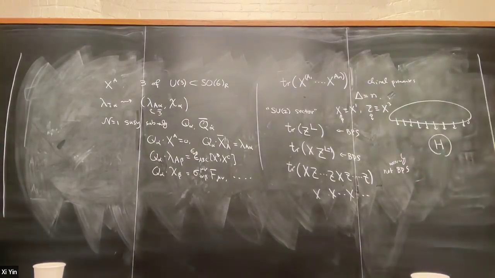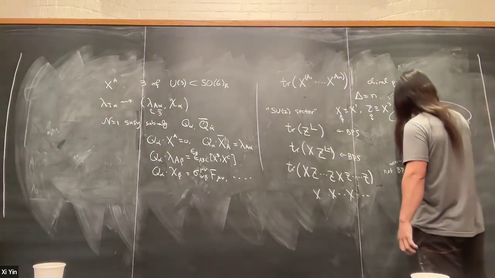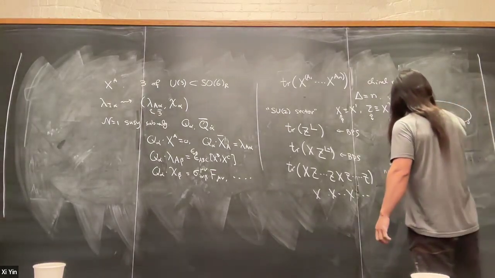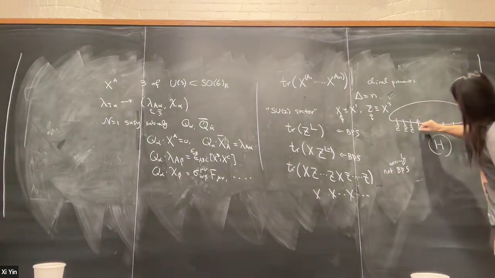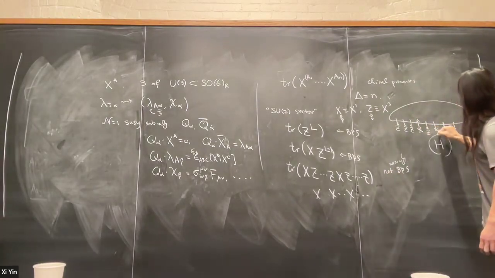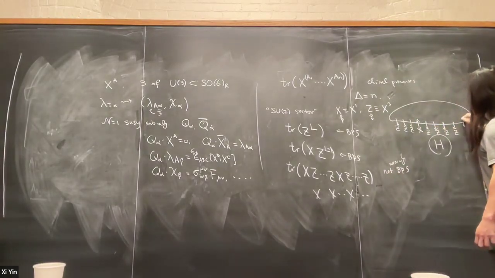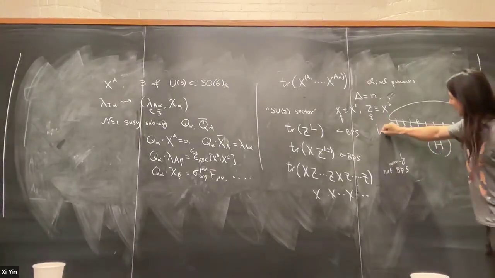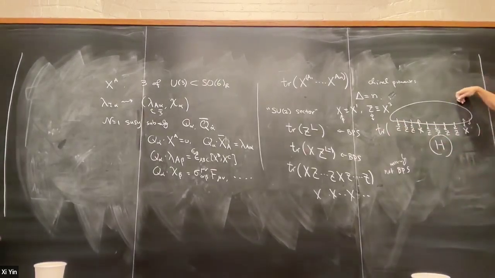Just to make sure that I understand this spin chain analogy. So every operator here is a spin chain? No, sorry. I should be more clear. Here, this is a Z. If I turn this up, this is an X. All right. This will be X. Right. So this spin chain represents the operator, the trace of all this, if I close the chain.